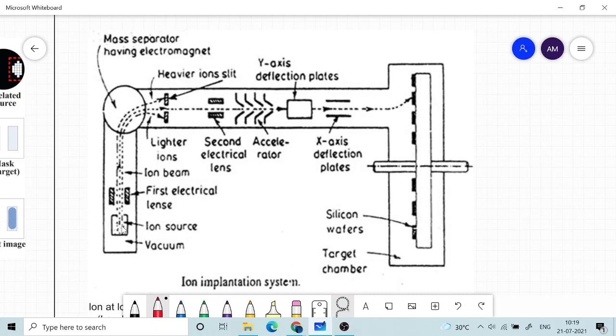Now if you look, there is an ion source here, the starting place. Basically you take boron atoms, and by some means you need to ionize them. One way is to heat them up, and beyond some temperature they get ionized. But when boron ionizes and becomes a plasma, some boron atoms lose 2 electrons, some may lose 1 electron. Or if you take boron in the form of a compound, say boron mixed with some other thing in some ratio, then that compound will also get ionized.